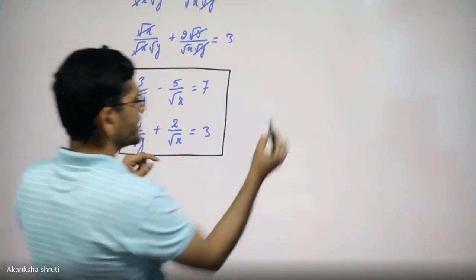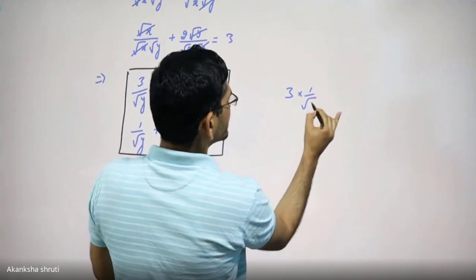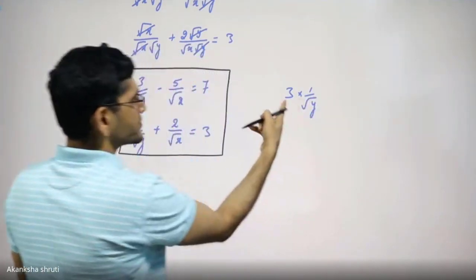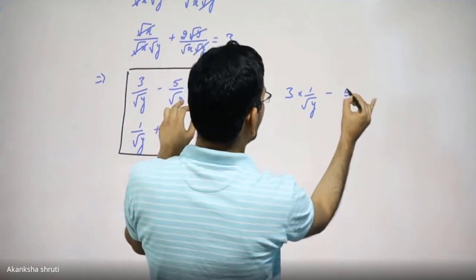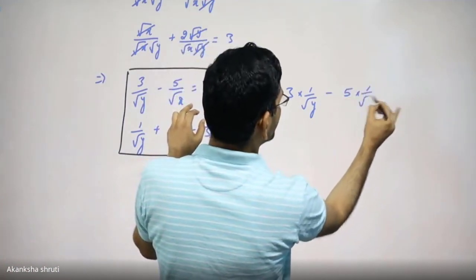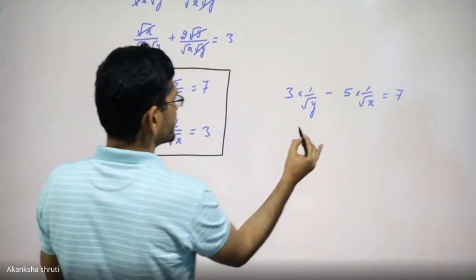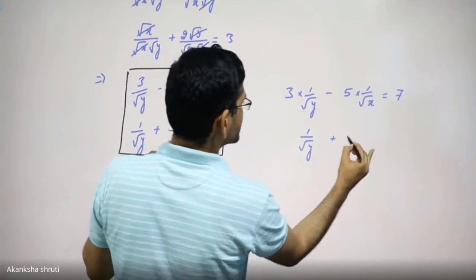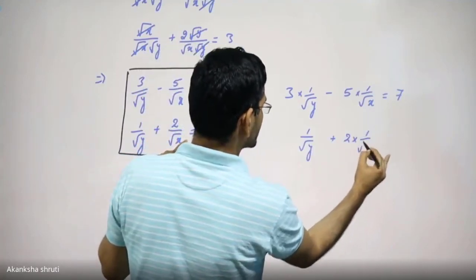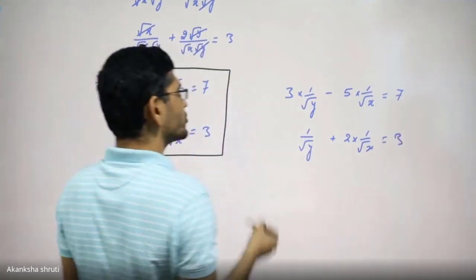If we take this, it is 3 into 1 by root y minus 5 into 1 by root of x is equal to 7. The second equation is 1 by root of y plus 2 into 1 by root of x is equal to 3. So our substitution should be